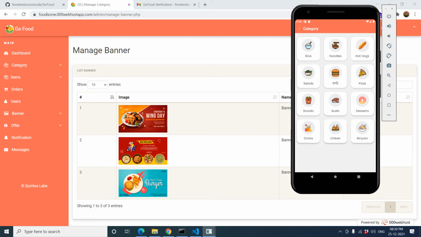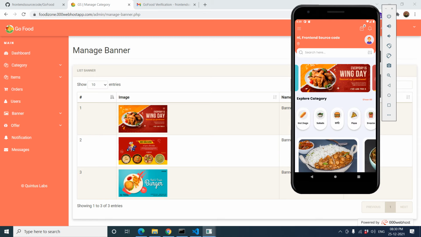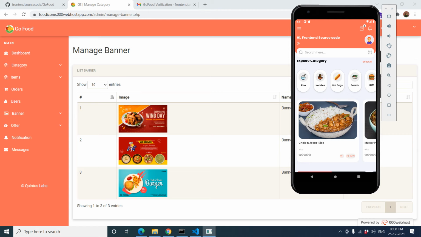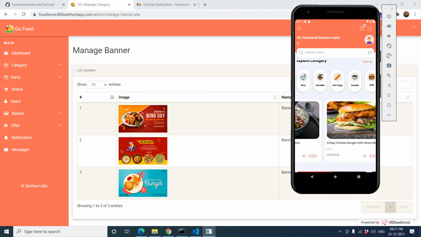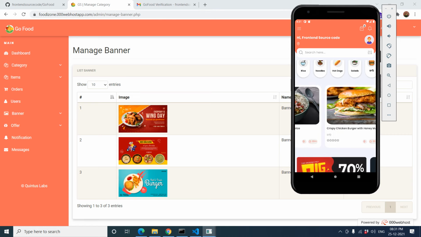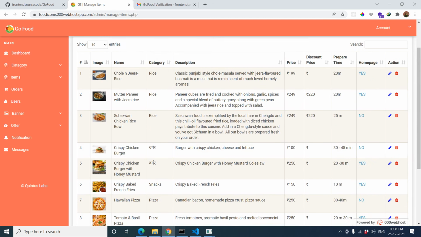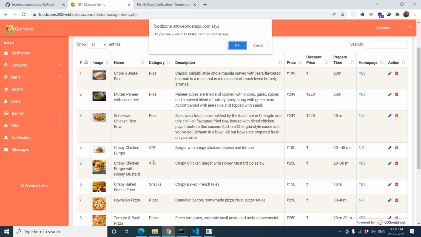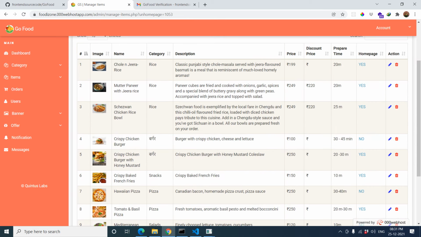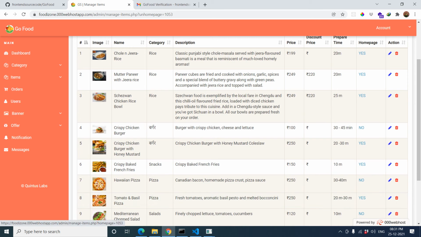You can see Hindi text also there. Here also you will get the Hindi text. So you can add any language text there. These are the home page items, whatever I have discussed that we are going to show on the home page. Based on our item preference, suppose I am going to show this one, chicken rice bowl here. If I click on this, so you can check this item in your home page.